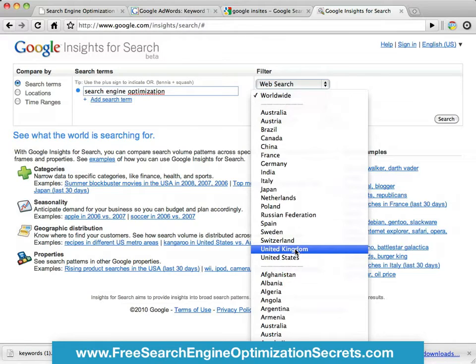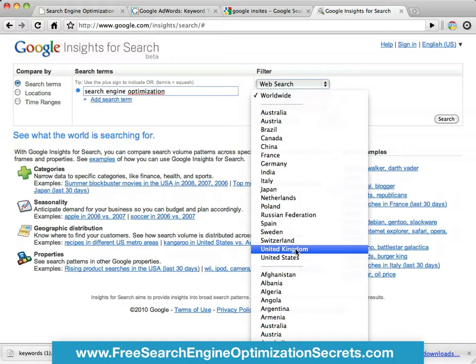Bear in mind as well, your domain names count for a lot of how your location affects you. So for example, if you have a .com domain name, it's going to do well in America. I know you can use website tools with Google, but still you get higher priorities with .com domains, especially in Google.com. If you're from the United Kingdom, obviously you want to buy a .co.uk domain name because that's who you're targeting.